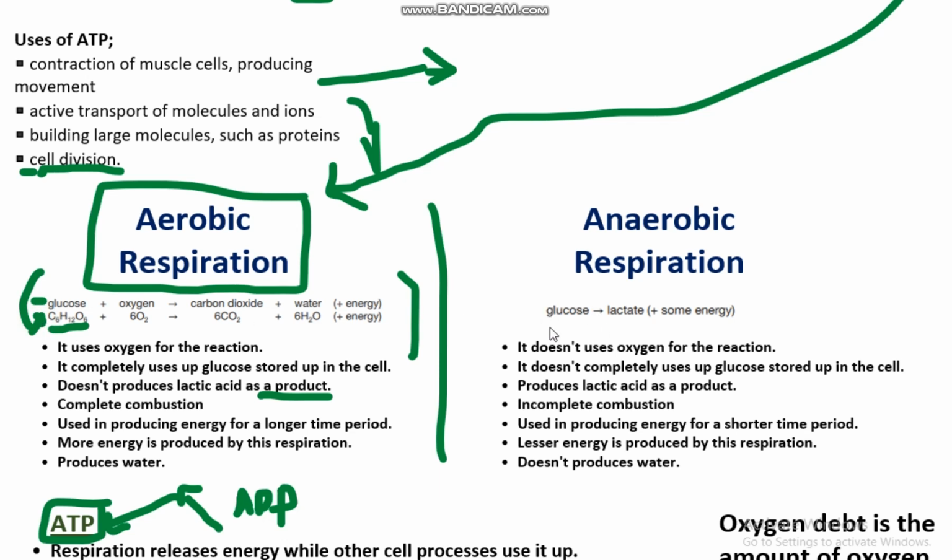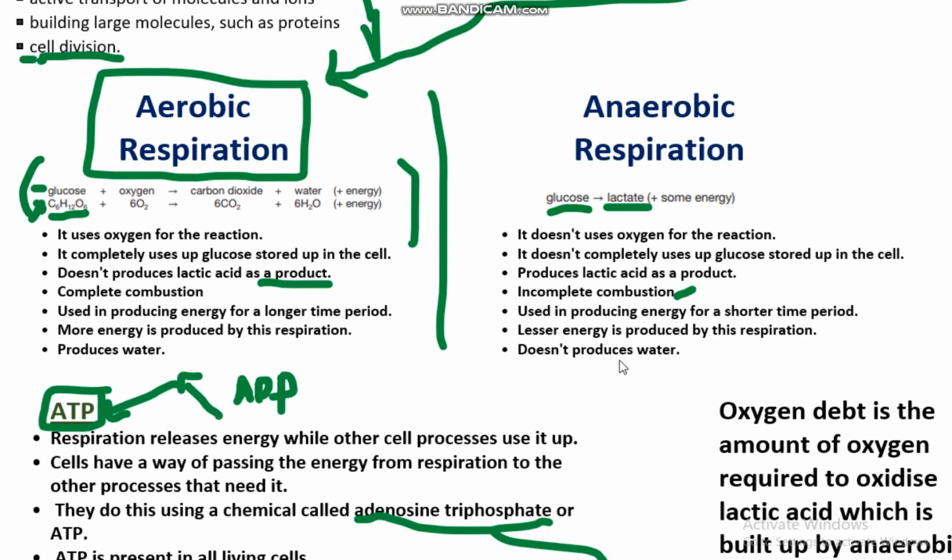And the reaction is that glucose is broken down without using oxygen. It's not oxidized. It means glucose is just broken down into lactate and some energy. It means that oxygen is not used up in this reaction, and it doesn't completely use up the glucose stored in the cell. I'm sorry, not complete glucose is used, which means it is an incomplete combustion. It produces lactate or lactic acid as its byproduct,